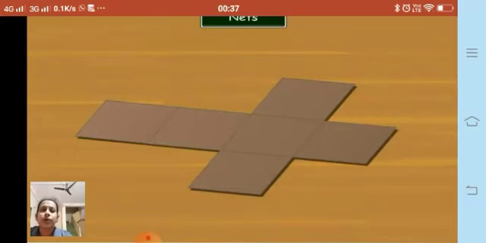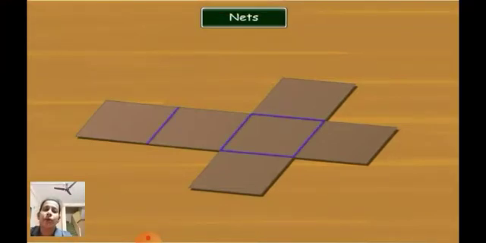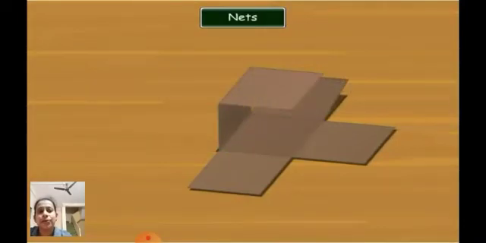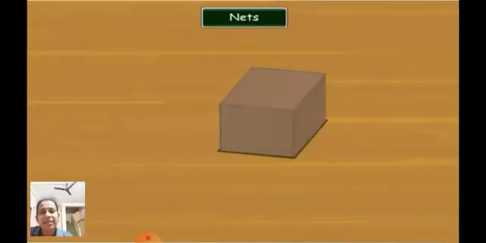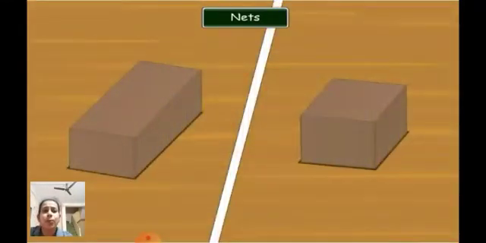We can get a box like this. Again you can make a box, but isn't it different from the other one we have just learned, that is, the cuboid? Yes, of course it is different. And how is it different?